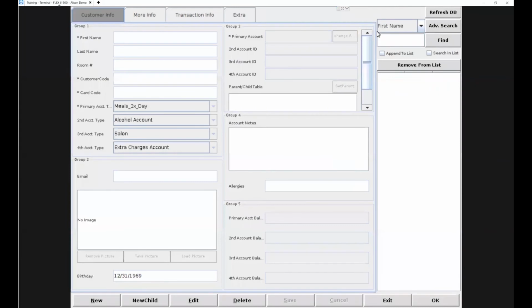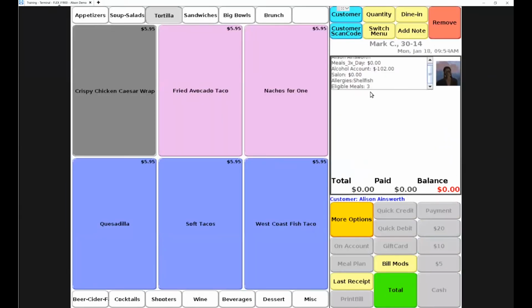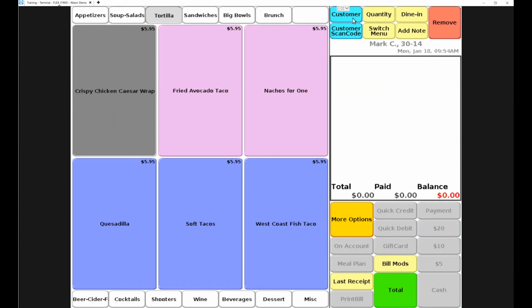If I go back into my customer's account now and put them into a transaction, we can see that their eligible meals has gone up to 3. This is a correction that was done to return that meal back to this particular customer or resident, depending on our situation. If we add one of our residents into a transaction,